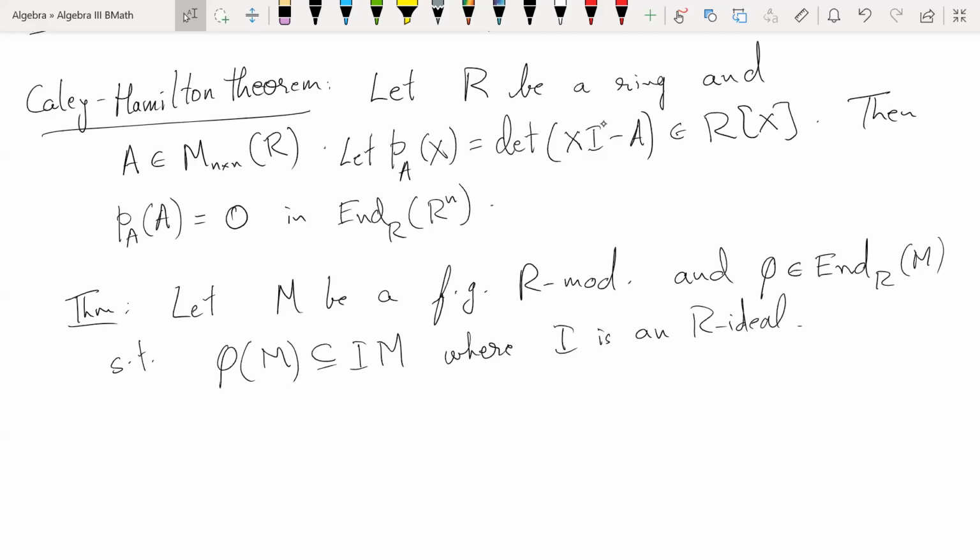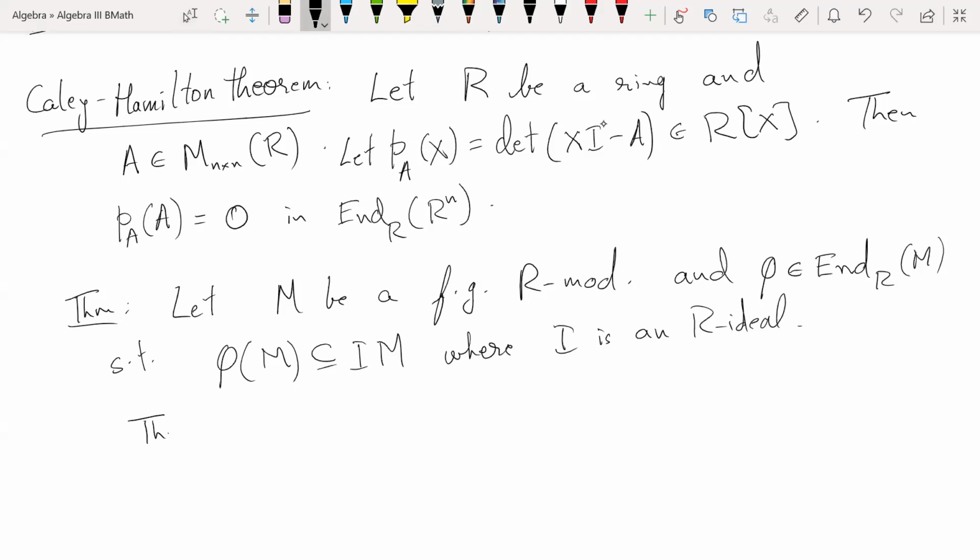We don't know what polynomial we'll get. In the previous one we know the explicit generating set, so we can say which polynomial it is. But here we can just say phi will be annihilated by some polynomial, but that's not too difficult to see. But what is important is